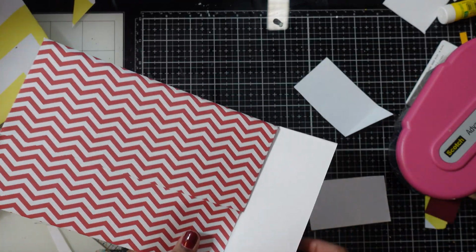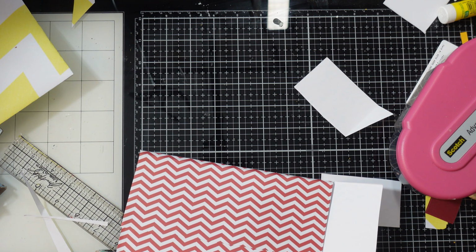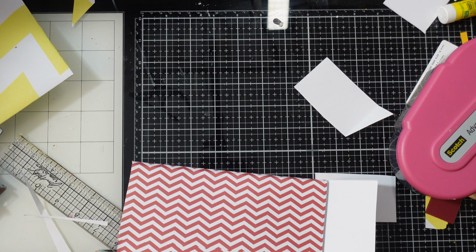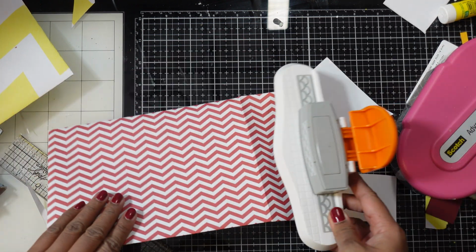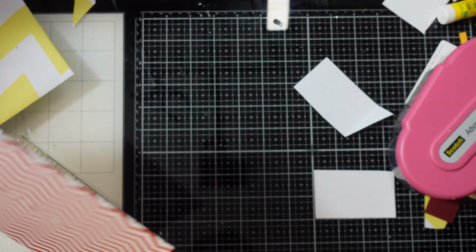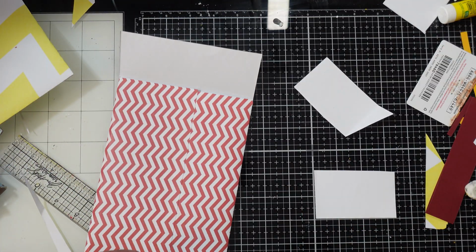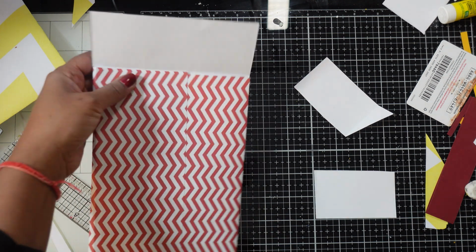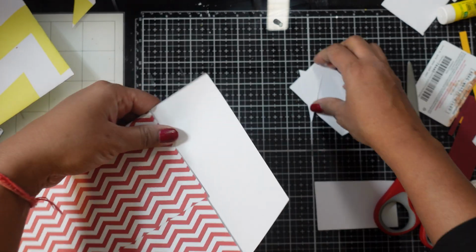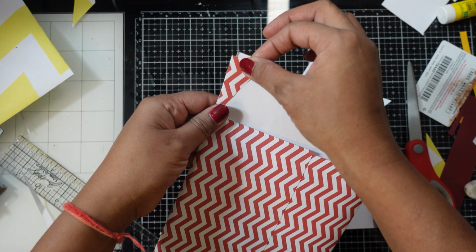Now you can use the border punches. I'll show one of these. Okay. So you can use these kind of border punches if you have. If you don't want to go that fancy, you can just trim off the excess. Where are my scissors? Okay. So you can just trim off the excess a little bit on this side, and then you can match that like this,